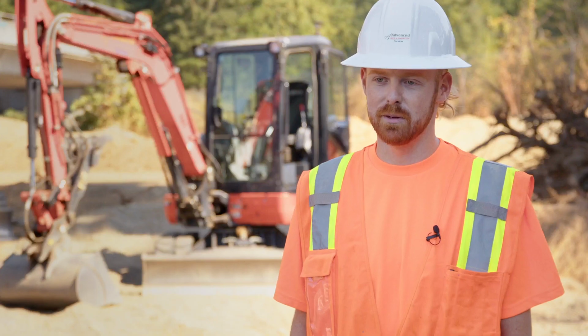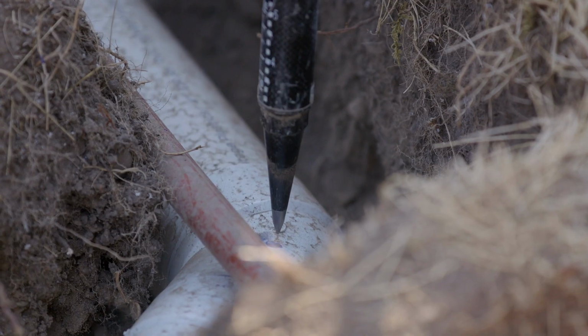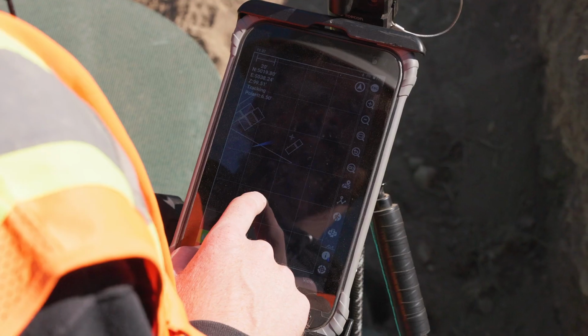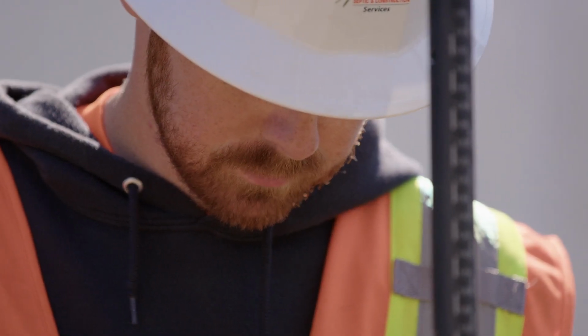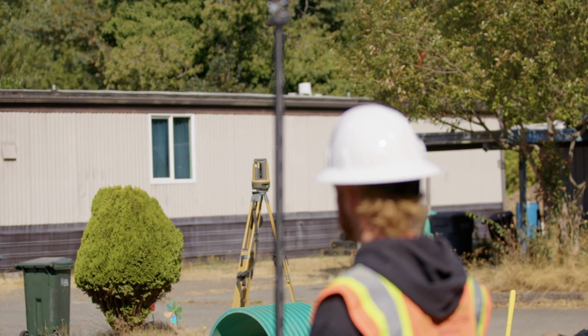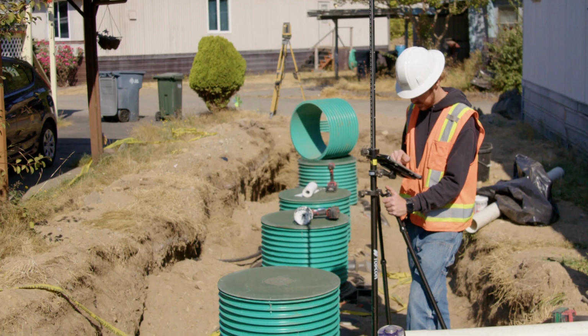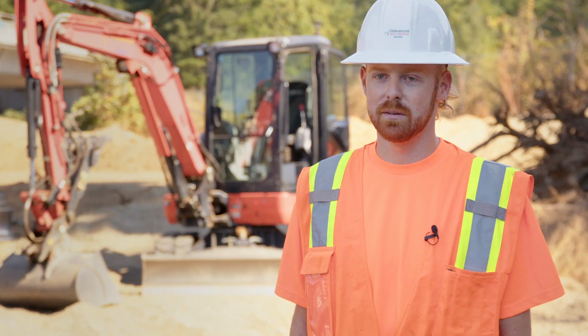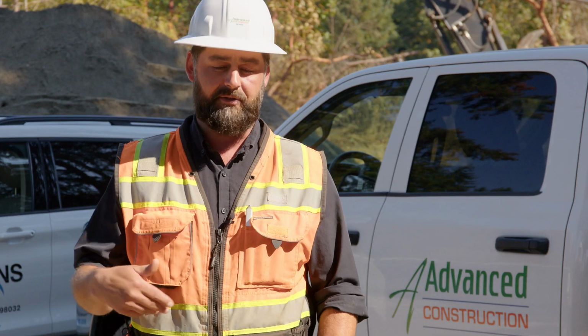We went out to do a job, and I started laying it out and realized that the design was not correct. The crew would have been shut down. They would have required a supervisor to go out like myself, go review the information, call the designer, get everybody on the same page, and realistically require a site visit to be able to figure out how we're going to accomplish it. I was able to mark everything, and we were able to send it over to the designer. And he was able to approve them over the phone, real time, on the job site,